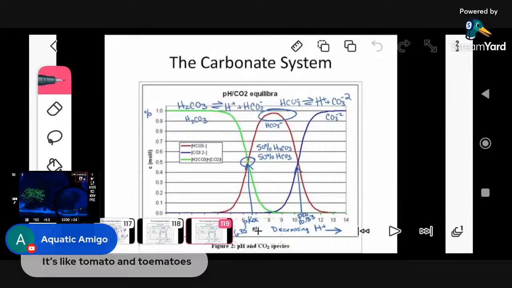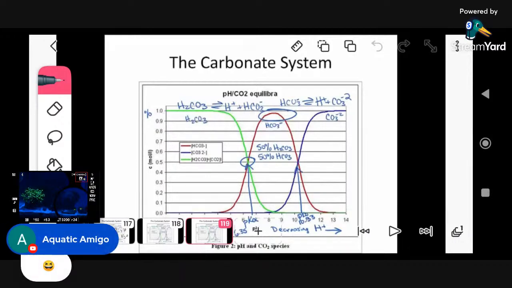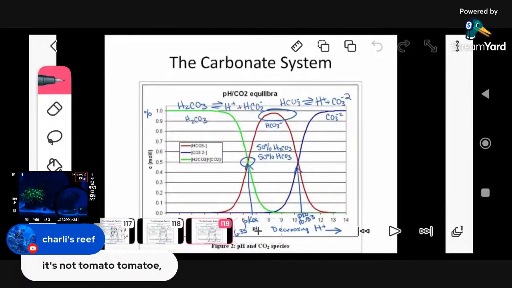I see. It's like tomatoes, yeah, exactly. It's not tomato, it's tomatoes. Yeah, it's just tomatoes, but just know that in nature it's actually H3O, but when we do it in chemistry,